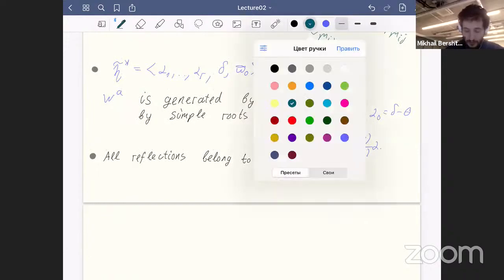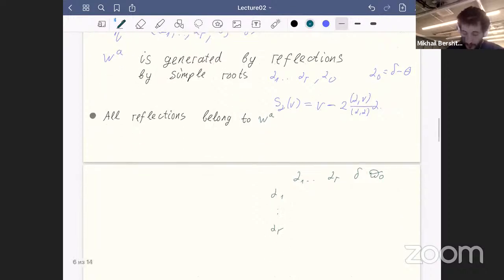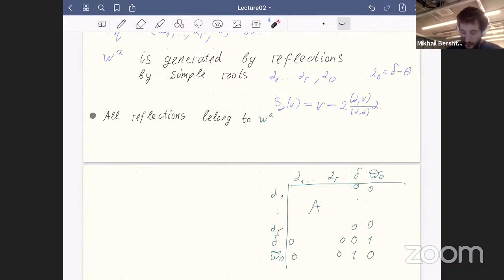Let me write this in this way. So we have generators alpha 1, alpha r, delta, and pi 0. And the scalar products here are just the original Cartan matrix. In the simplest case, assume that we don't have such denominators. Delta is orthogonal to all of alpha 0, alpha r, and pi 0 is also orthogonal to all of them, and pi 0 and delta have scalar product 1. So we have such a form which is non-degenerate,